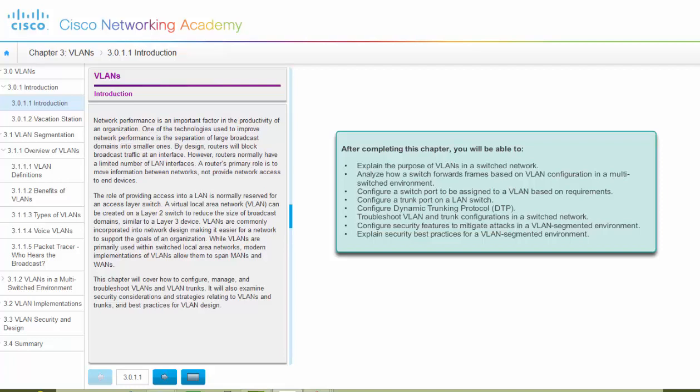While VLANs are primarily used within switched local area networks, some of the modern implementations of VLANs allow them to span the MANs and WANs. What we're going to go over is how to configure, manage, and troubleshoot VLANs and VLAN trunks. We'll also examine security considerations, because remember, that's one of the things we always need to keep top priority when we're working with our networks, is we want to keep our networks